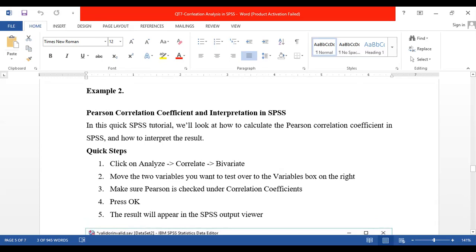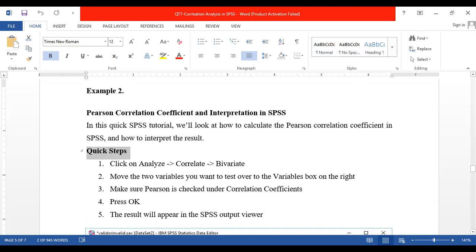Pearson correlation coefficient and interpretation in SPSS. So have a look. How do we perform Pearson correlation in SPSS software? The first step is to click on the Analyze tab, then click on Correlate, and then click Bivariate.